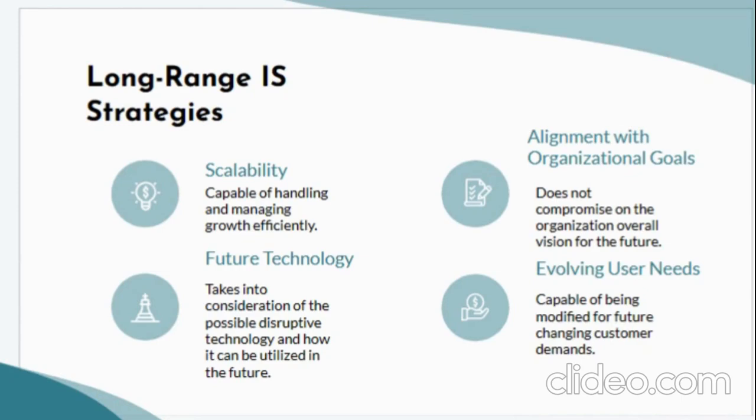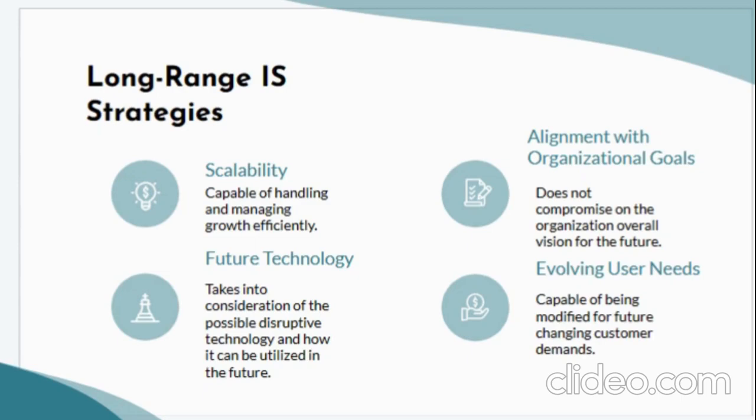Strategic goals may include cultural promotion, sustainability, and customer satisfaction. Close collaboration between IT and other departments is essential. The third IS strategy is future technology. Staying informed about emerging technology like AI and chatbots to personalize experience and automate tasks is crucial. Investment in R&D for disruptive technologies can provide a competitive advantage.